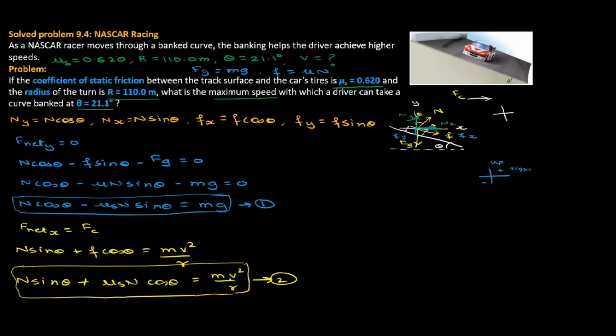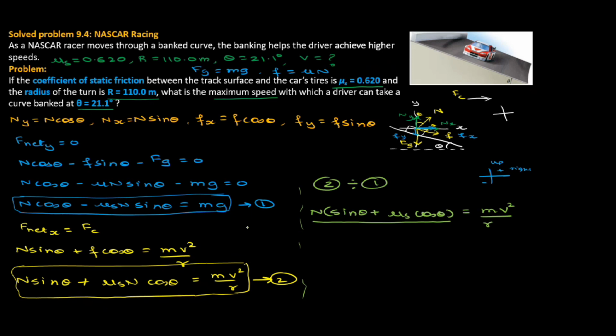I need to find the maximum speed with which we can safely take the turn. To find that, we are going to divide equation 2 by equation 1. I'm going to do this step so that we can calculate for v. So let's write equation 2 first. Since N is present in both terms on the left hand side, I'm going to take N as common. Then we write whatever is left: sine theta plus mu s cosine theta is equal to m v squared over r,